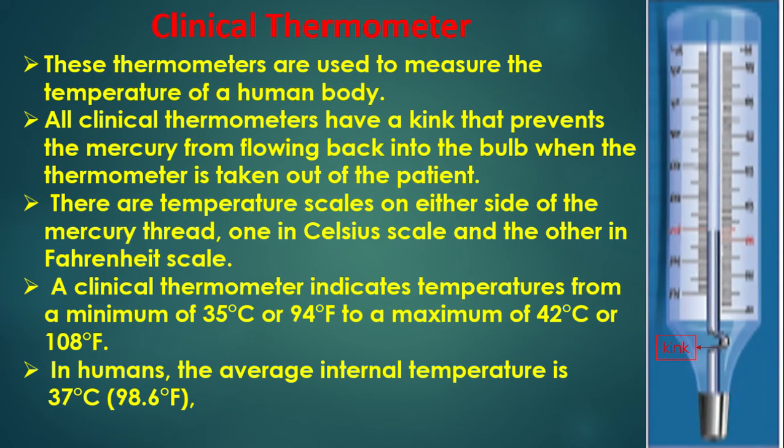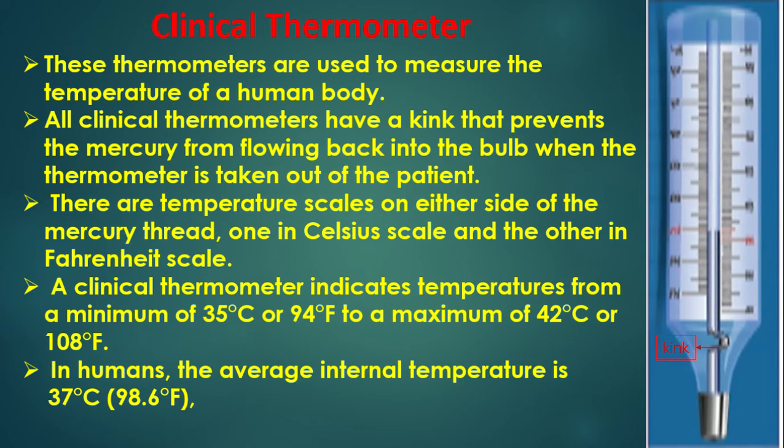Clinical thermometer. These thermometers are used to measure the temperature of a human body. All clinical thermometers have a kink that prevents the mercury from flowing back into the bulb when the thermometer is taken out of the patient. There are temperature scales on either side of the mercury thread. One is Celsius scale and the other is